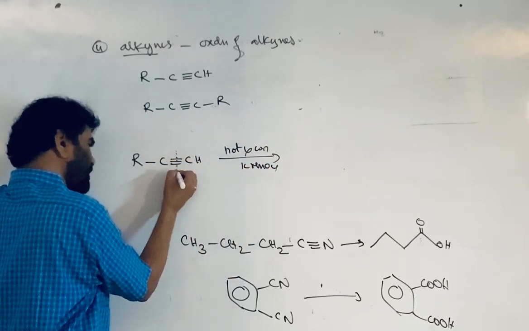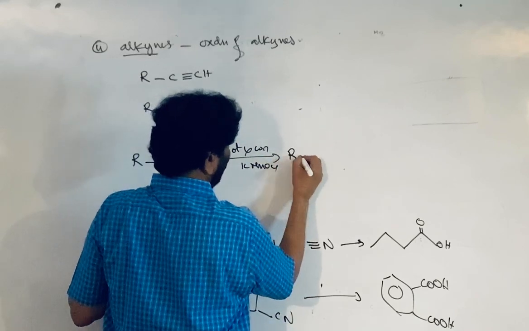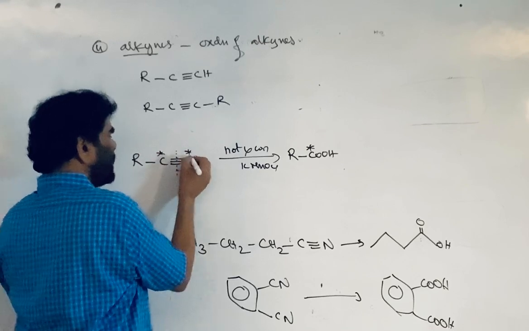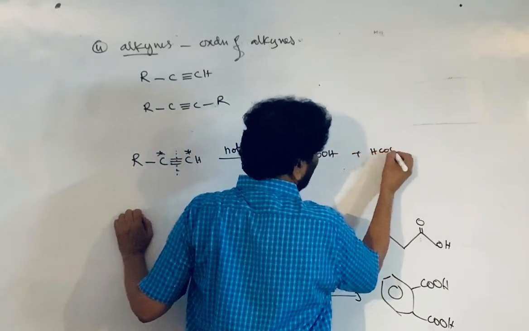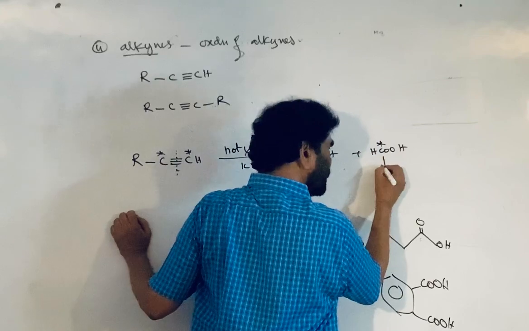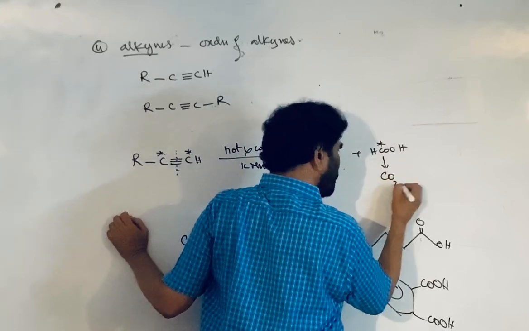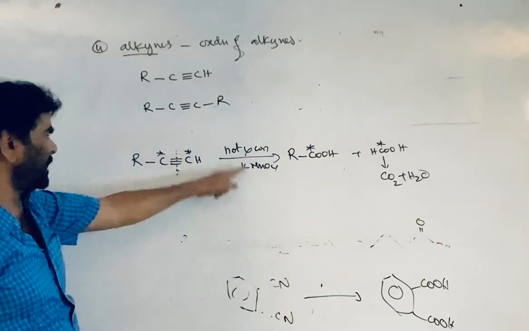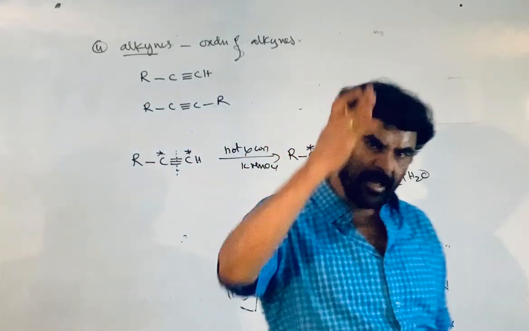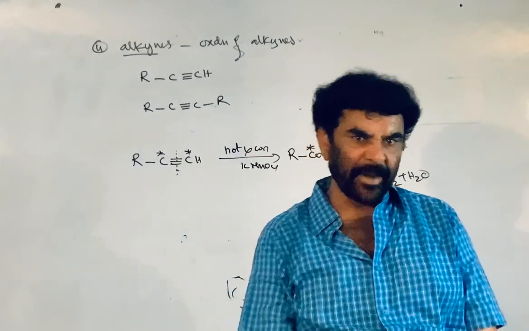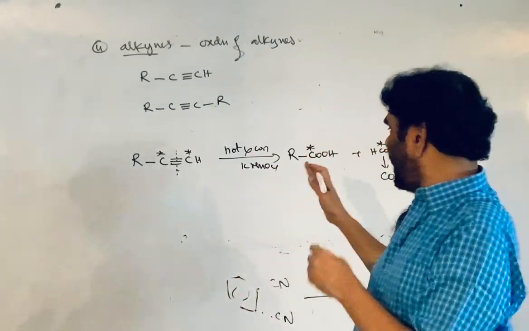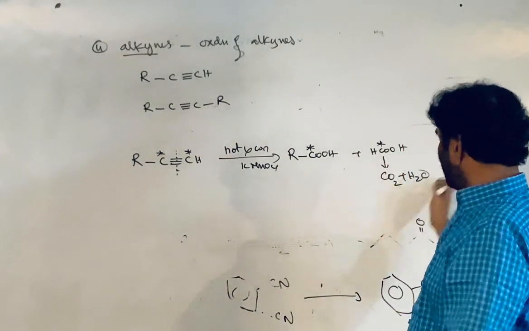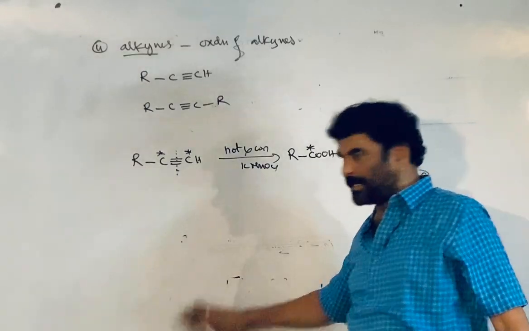it cuts the carbon-carbon bond. See, COOH is produced. This is the triple bond carbon. The other one is converted into formic acid. This cannot exist in the KMnO4 solution, it decomposes into carbon dioxide and water. So if the terminal alkyne is treated with hot and concentrated KMnO4, the carbon-carbon triple bond breaks and converts into the carboxylic acid and a formic acid, which decomposes into carbon dioxide. Only one acid is produced.